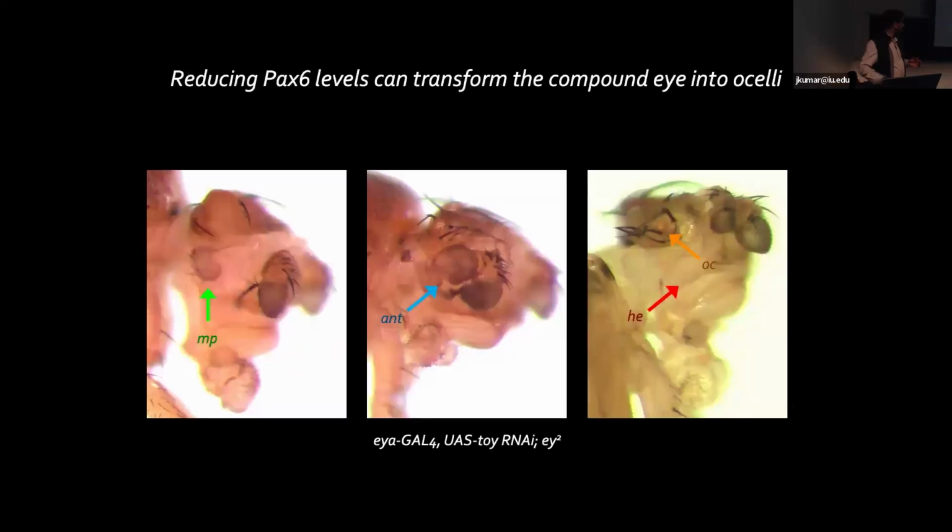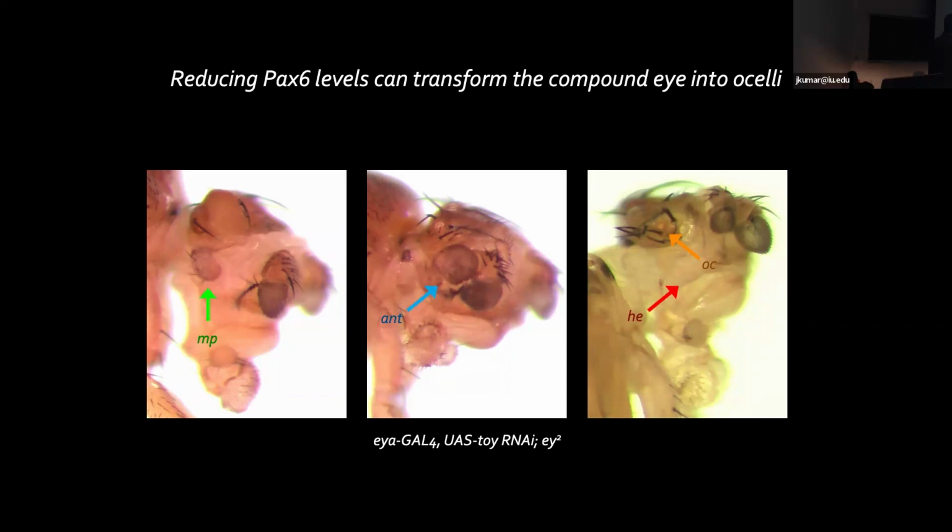And what he found was if you combine one of the eyes absent alleles that gave us that really low level of expression, maybe about 2 or 3%, with an RNAi line that's driven by an eyes absent GAL4, so that you temper the levels of eyes absent at just the right point, you get these dramatic transformations. So the compound eyes are missing, and you can transform them into a maxillary palp, which you can see here.